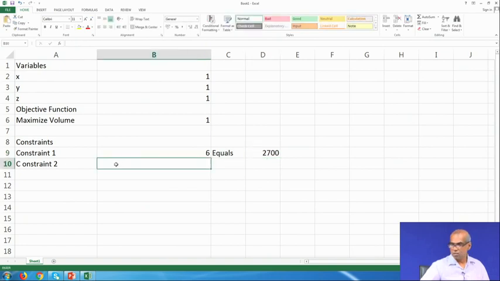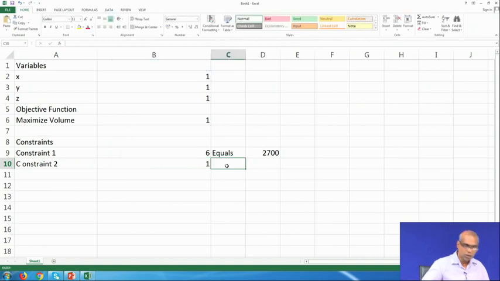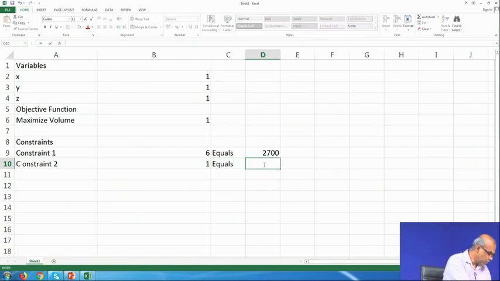Constraint 2 says x equal to 2y. So, x is B2 equals 2y, so equal to 2 into B3.